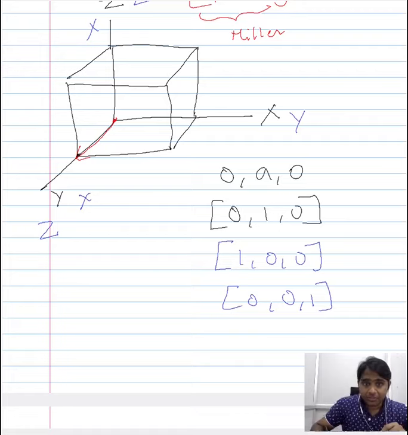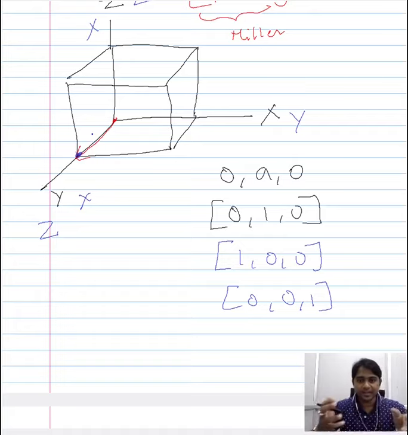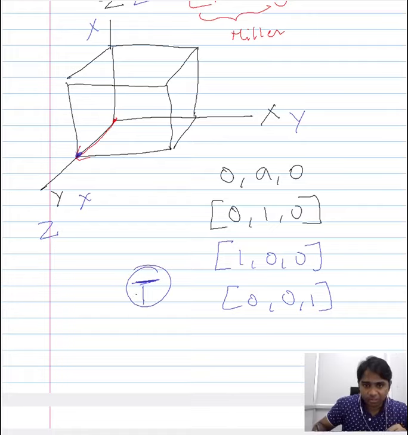And now if you shift your origin here to a different unit cell and you calculate, you can also end up with a negative value, which in the Miller integers is usually written over, on top of the integers. The negative sign is usually written on top of the integers. So this is something that you would have been familiar with.